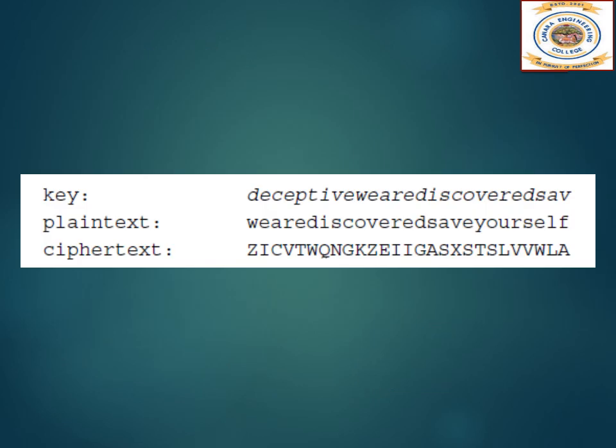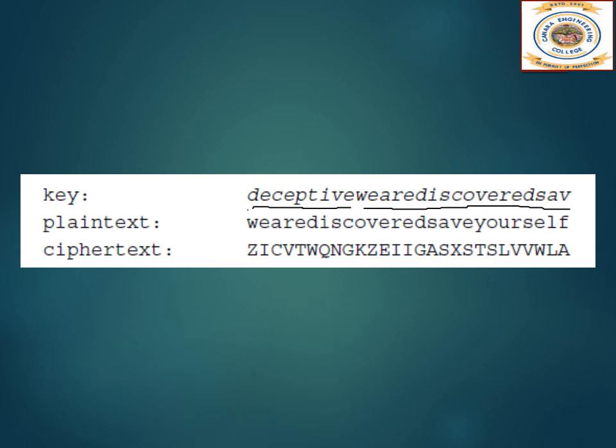Vigenère proposed what is referred to as an autokey system, in which a keyword is concatenated with the plain text itself to provide a running key. For example, here "deceptive" is a keyword, and "we are discovered save yourself" is the plain text message. After the keyword "deceptive", we have "we are discovered save", so the plain text is concatenated with the key itself to make the key as long as the plain text. So the repetitive nature of the keyword will be avoided.